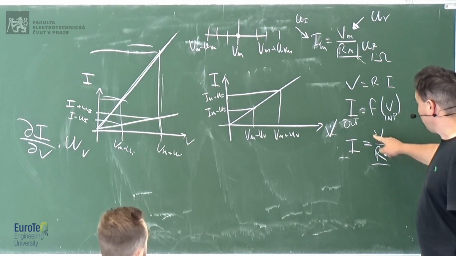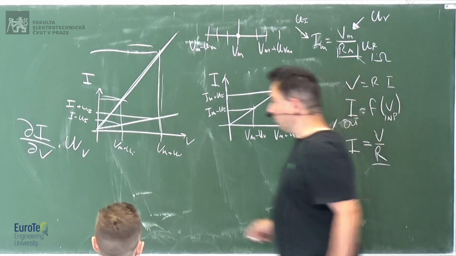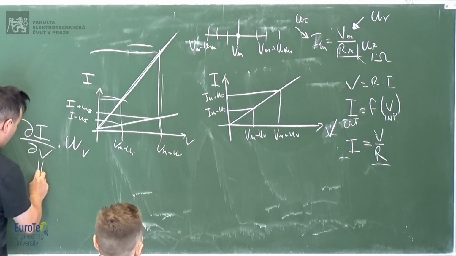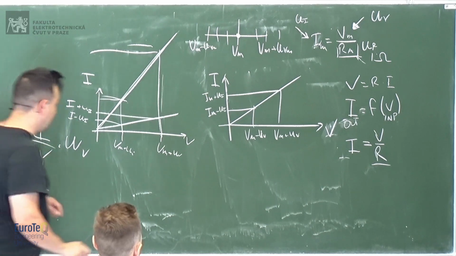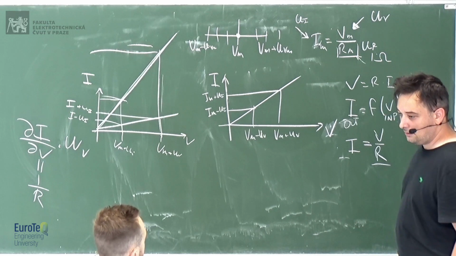And you can even see it because it's 1 over R, right? The derivative of the current with respect to the voltage is 1 over R. What does it mean? Because it's V to the power of 1, 1 minus 1 is 0, anything to the power of 0 is 1, and then...